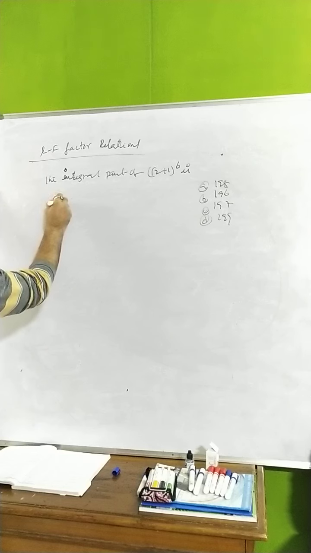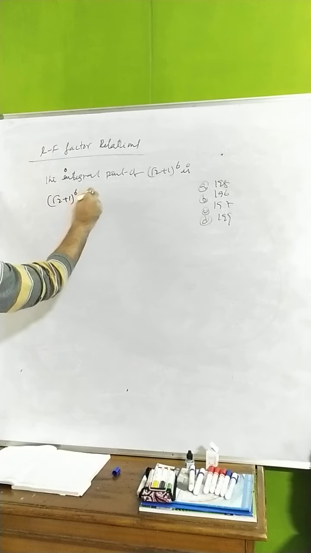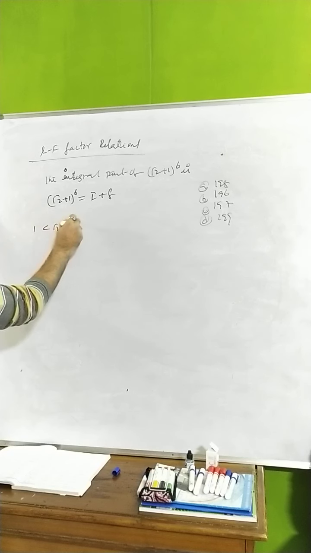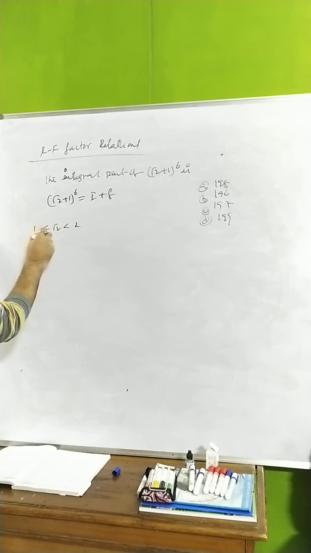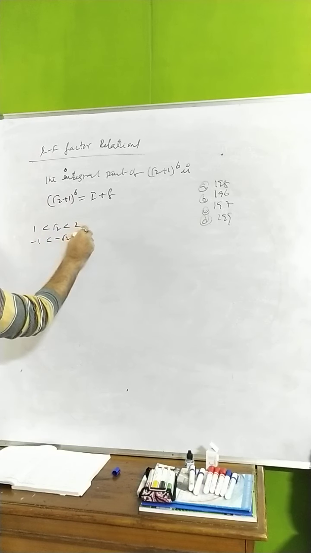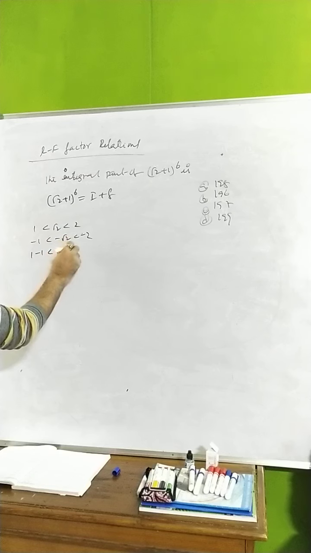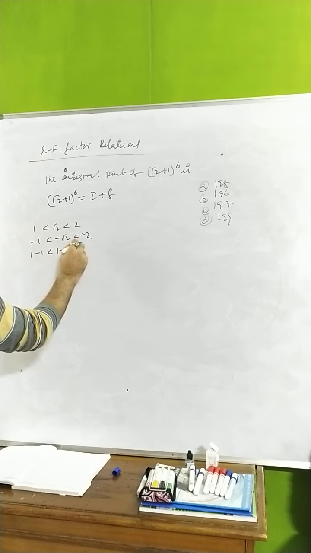No problem sir. (√2 + 1)^6, I can write I plus small f. But √2 can be written between 1 and 2. So if you multiply by minus 1, minus 1 minus √2 lies between... here it is minus 2. So same story what I am doing here, you see here. Now it can be written as 1 adding 1, minus 1 less than 1 minus √2 less than...